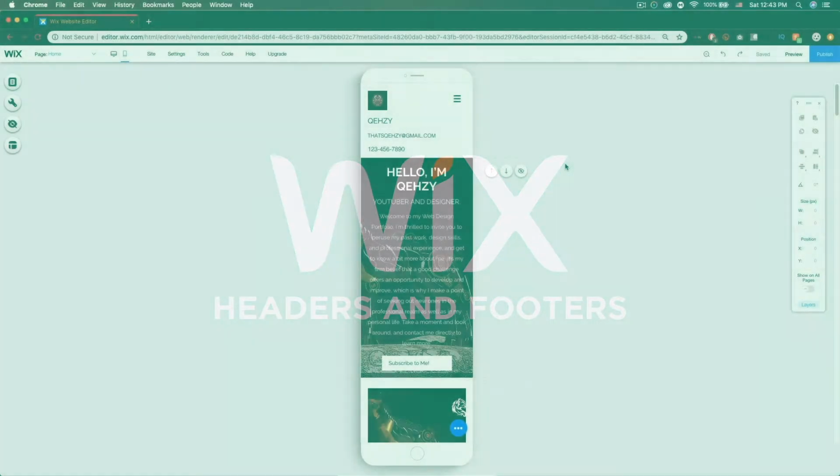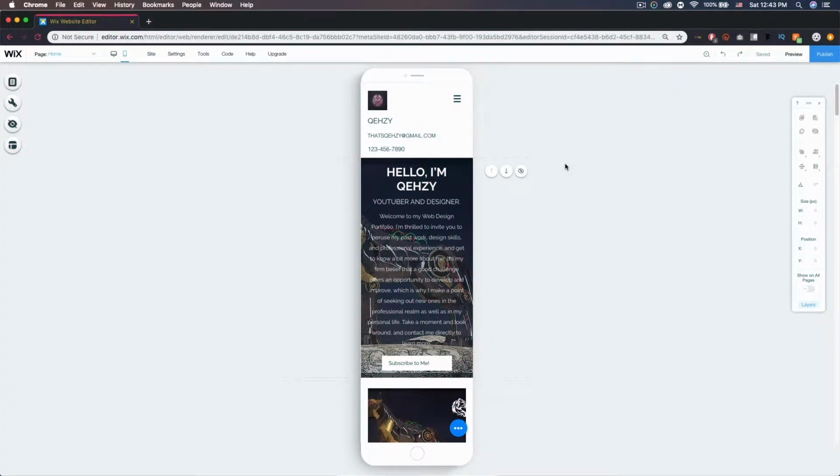What's up guys, today we're going to be talking about editing the header and footer on your mobile site in the Wix.com editor. So to get to the mobile editor, all you need to do is come up here, and where you should be on desktop, you just want to go and click mobile,